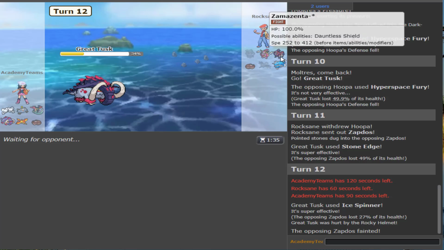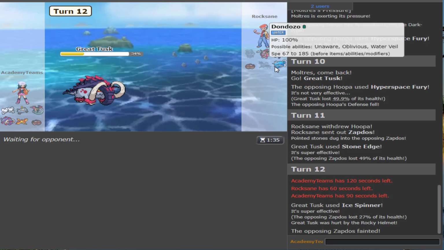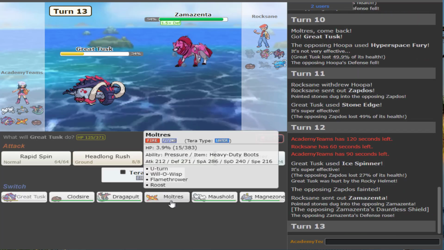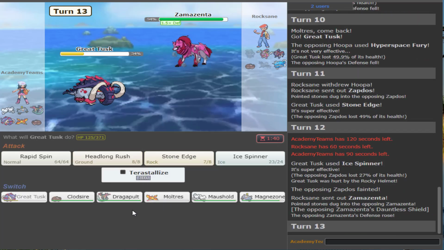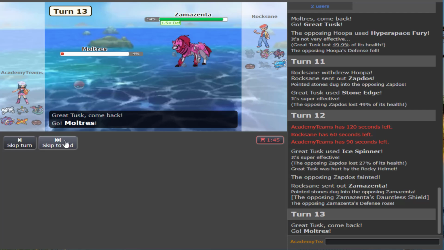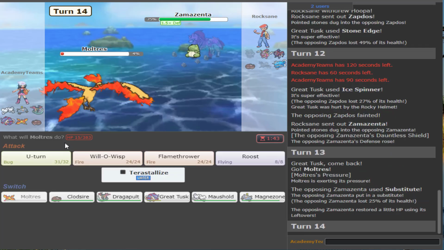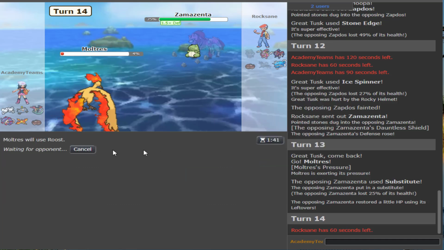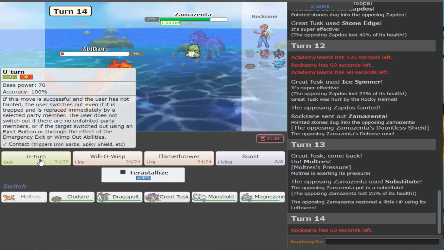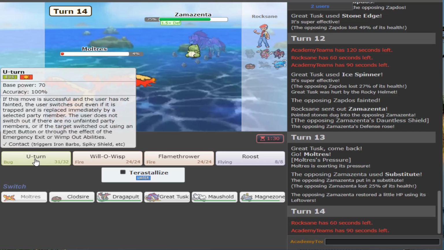And I can Population Bomb. Yo, that Pop Bomb comes freely. That bomb of populace on its way, my friend. So all I do here is go Moltres. I U-turn. No, we Roost here. It could be Tera Fire. It could be Tera Fire. In which case,